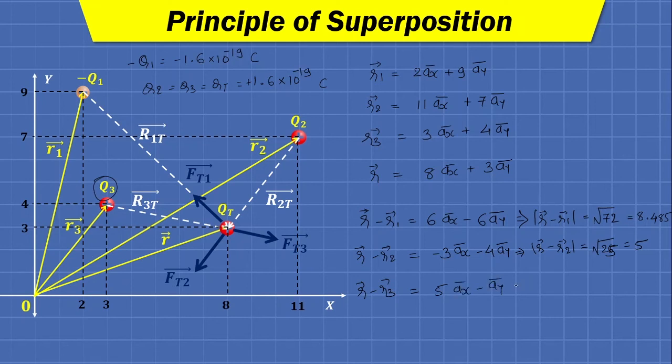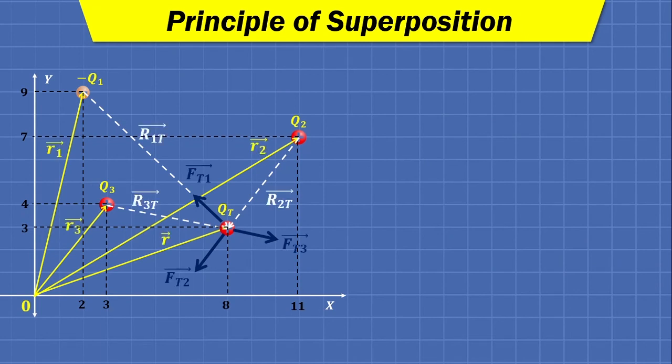Okay, so this modulus, that is the distance between q3 and qt, is going to be the square root of the square of the x coordinate, 25, plus the square of the y coordinate, 1, so it will be 26, which will be around 5.1. Okay, so now we have the distance vectors as well as the magnitude, or the distance, between the charges. Fine, so we can find